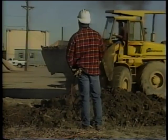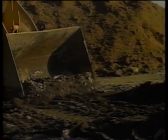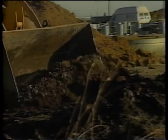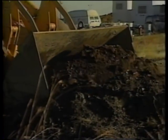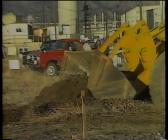There were a couple spills that occurred in the 1970s and one in January of 1981. Construction of the water treatment facility began on January 15th. Construction of a well and a French drain will follow. The entire system will become operational sometime in early 1991, but treatment of contaminated water could begin as early as